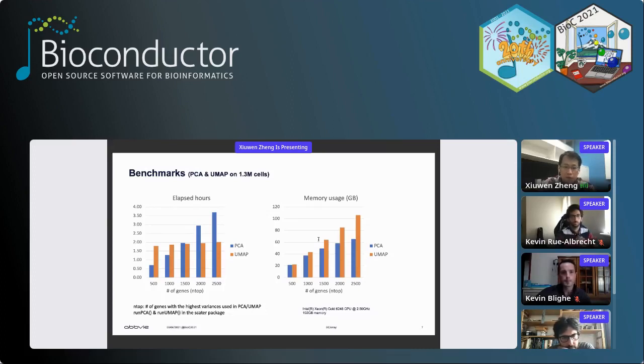The benchmarks were conducted using the large data set with 1.3 million cells. The CPU hours and memory usage are shown in the figure with different numbers of genes used in PCA and UMAP. In general, the running time and memory use both increase linearly with the number of genes in the calculation, except the CPU hour for UMAP. Overall, the running time is less than 4 hours, while the memory usage is, however, even larger than 100 gigabytes for